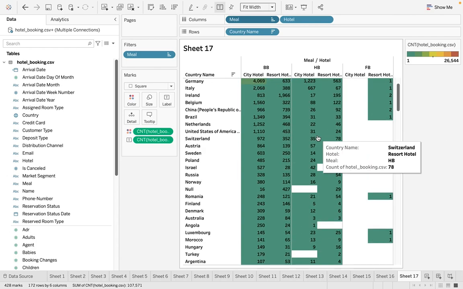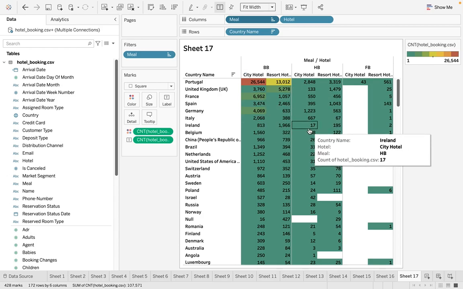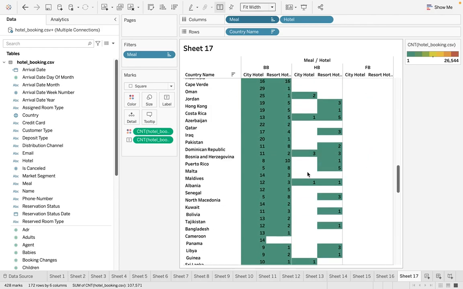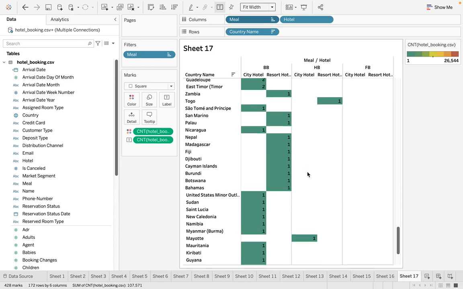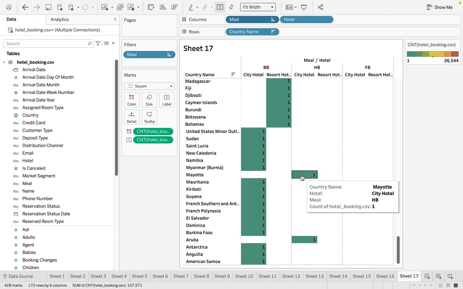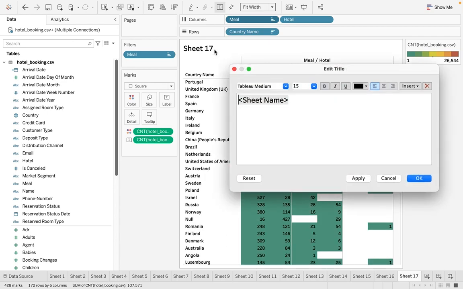As we move down, comparatively with city based hotels, bed and breakfast HP is also quite less. As we move down we can see all these countries lack in those. Some countries, even city based hotels, don't have bed and breakfast. So meal type is something hotels can start encouraging, either by giving some discounts or doing some sort of offers,